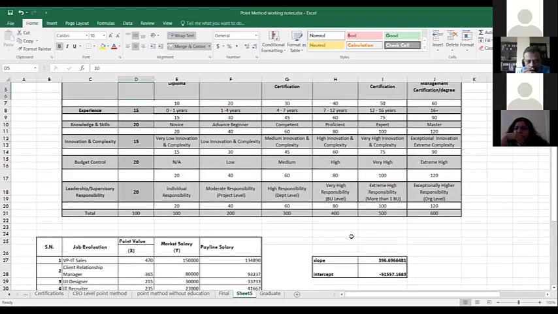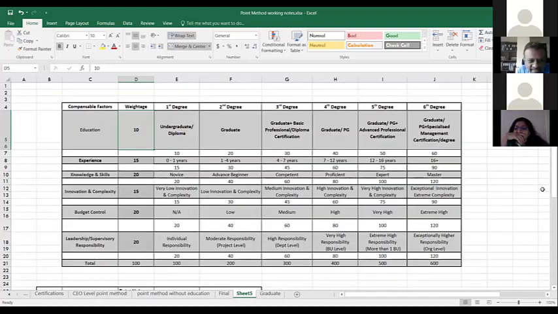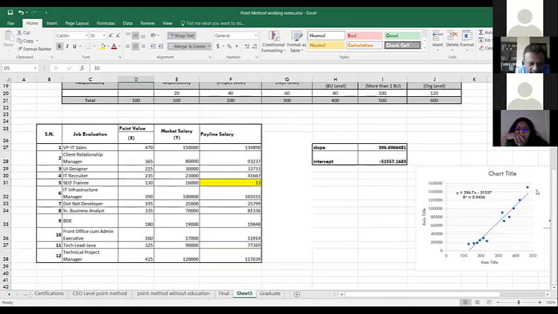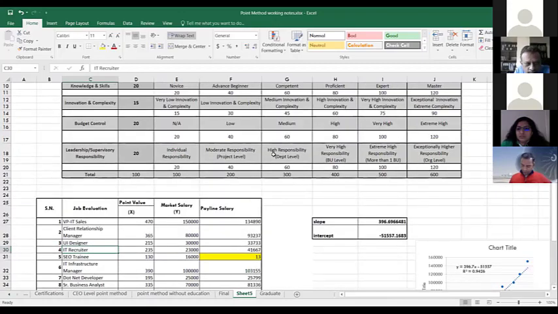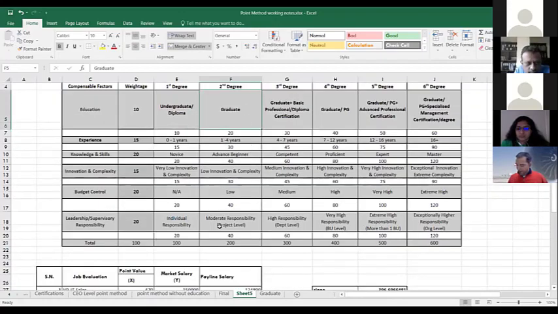So can you see? Yeah. So what I was saying is just come down. Look, you are saying that the UI developer score is coming 235. Is that correct? Yeah. So what I was saying, when I am giving them ratings on the basis of graduation only, I'm considering graduation only.